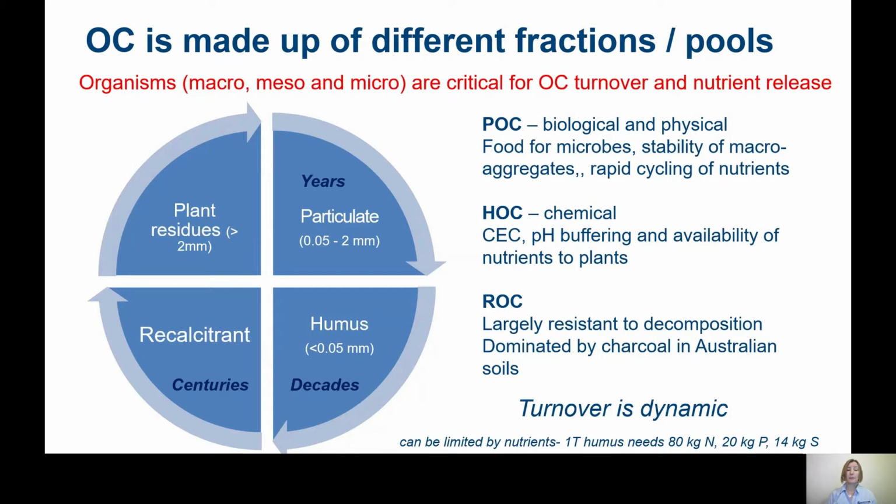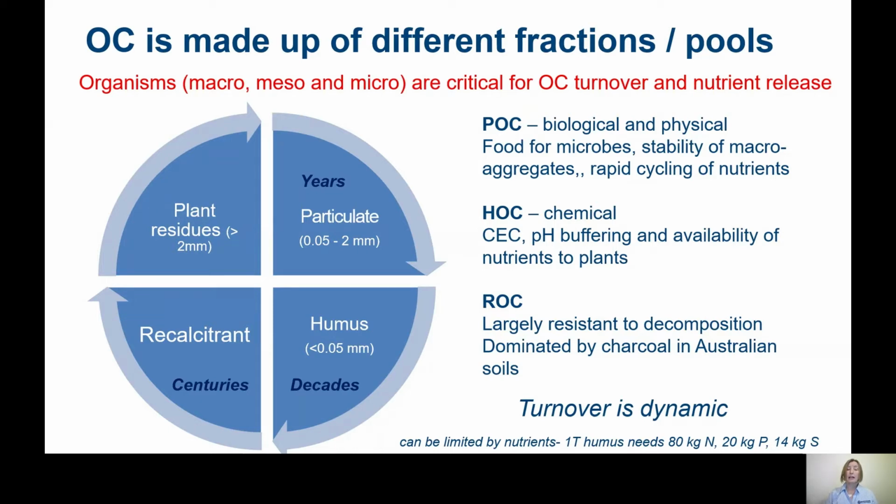So the different fractions that we have, there are 4 that are listed there. So plant residues that are greater than 2 mil. Plant residues can be above or below ground. Anything greater than 2 mil isn't included when we do a soil carbon test. So we're interested in anything that's below this 2 mil size. So it has to be sieved through and go through a 2 mil sieve.